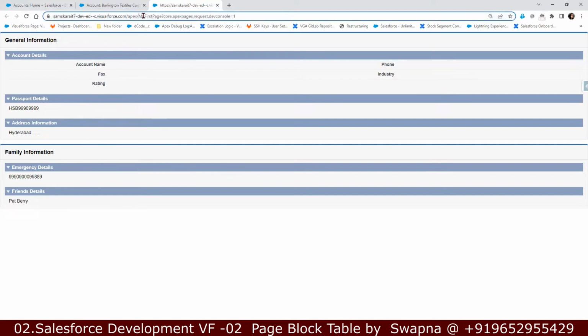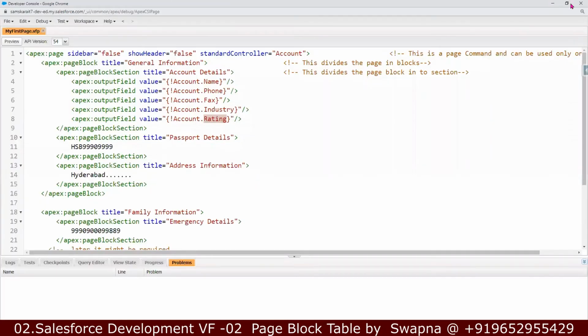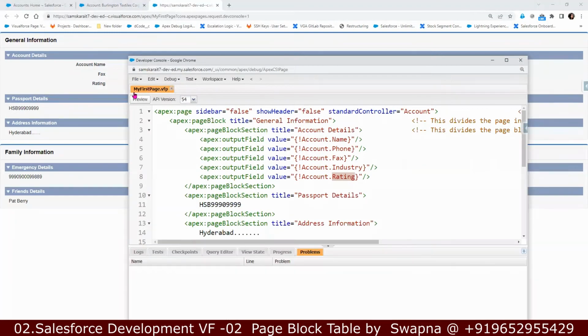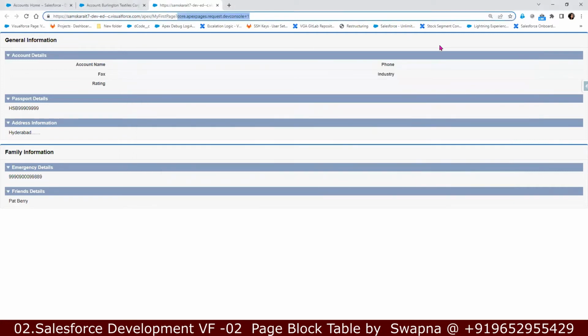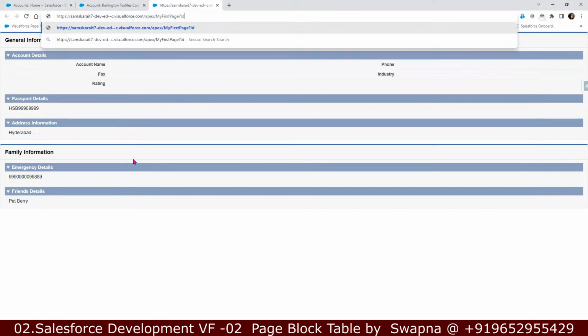Your URL will have your Visualforce page name. Here my Visualforce page name is my first page. Then a question mark. After the question mark, whatever data is there, delete that. And in order to pass it, just pass id equal to